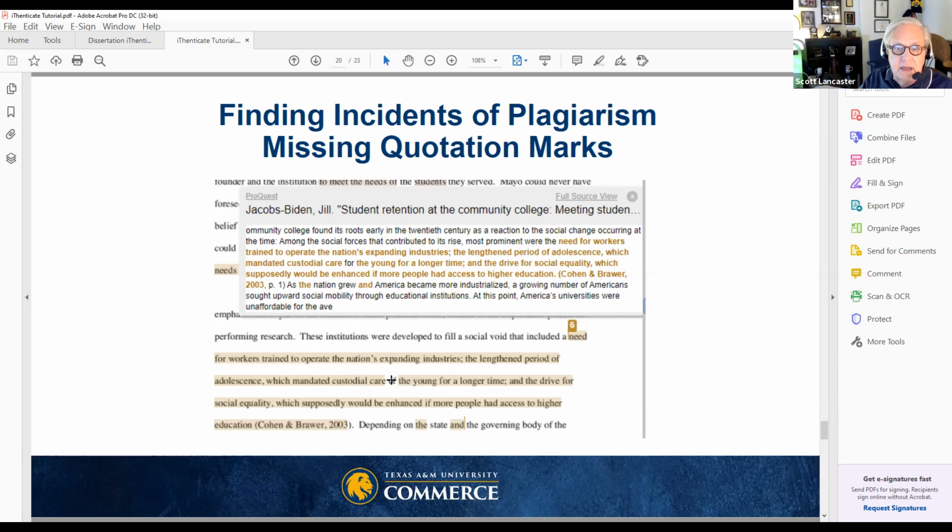They changed "for" to "of". And that's not enough of a change to make it a paraphrase. So I often point out to people that they need to look where there are missing quotation marks and make sure those quotation marks are in place.